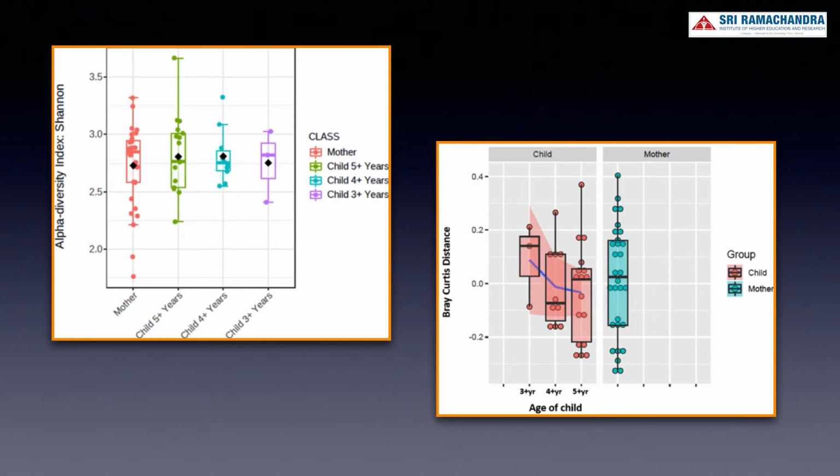And so for the results, the diversity and richness of the oral microbiome increased with the child's age. Also, the mean Bray-Curtis distance, where 0 corresponds to having the same microbes present and 1 to sharing no microbes between the children and their mothers, appeared to decrease with age. So the mean Bray-Curtis distance was smaller between mothers and children at 5 years of age. In simple terms, it appears that the microbial profile of children aged 5 years was similar to their mothers compared to ages 4 and 3.